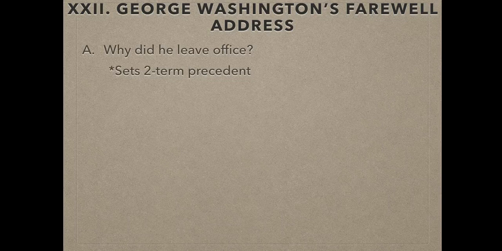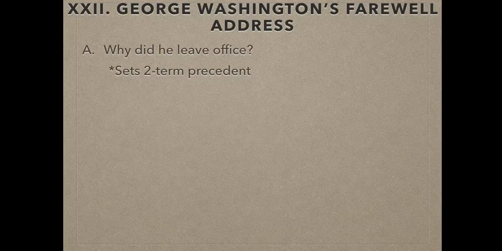And the reason I bring this up, and you don't need to write anything else, is that we don't have a law against being president more than twice until after Franklin Roosevelt in the 1900s is elected 4 times and serves all of his first 3 terms, and then he's early into his 4th term when he dies. After that we get a law saying that you can only serve 2 terms. But there's a reason why no one had served more than 2 terms up until Franklin Roosevelt, and it's because of Washington.